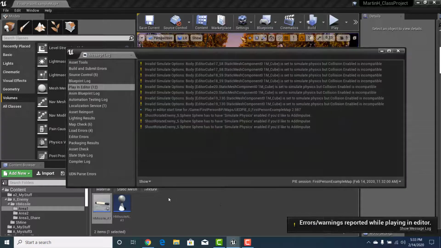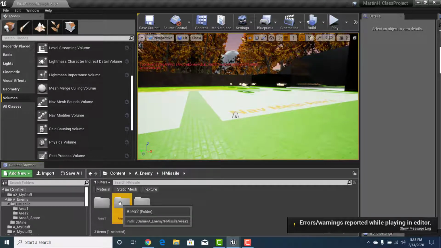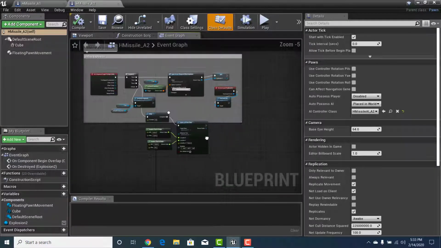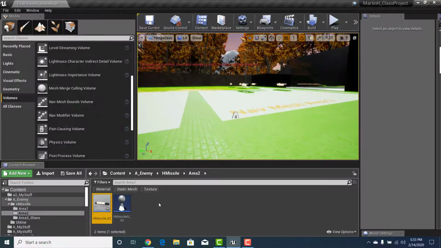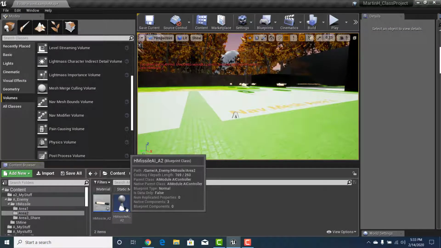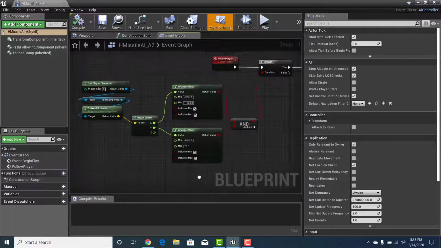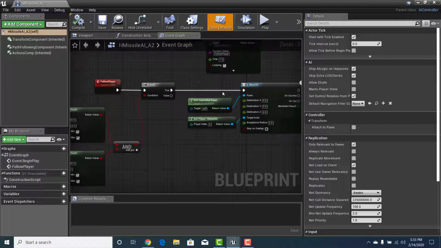Okay, so what we want to do is let's go back to the H missile for number 2. So go to area 2's folder. Let's go to area 2, and we want to look for the one that has the if condition. So that's going to be in the AI. So AI for 2. Let's close both of those, and we need H missile AI underscore A2. So it's the second area. And here underneath the false condition,